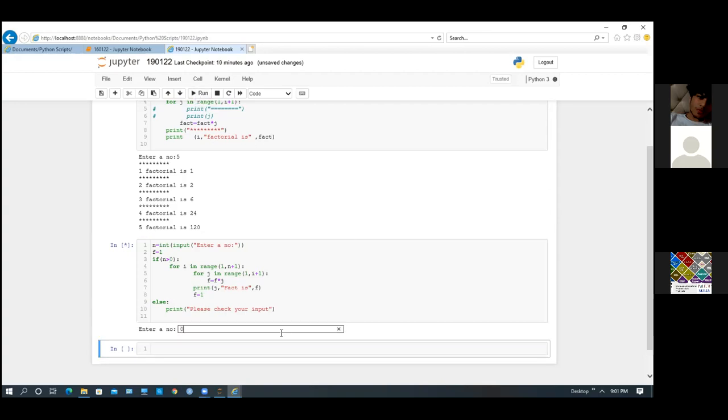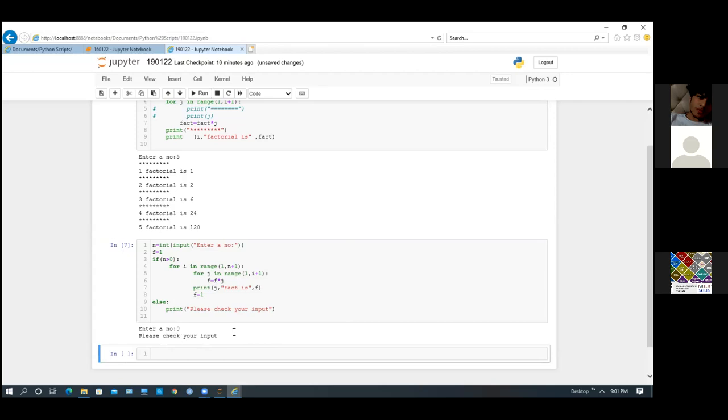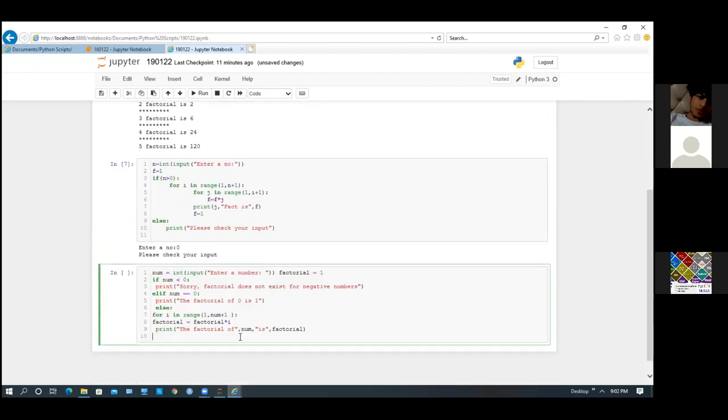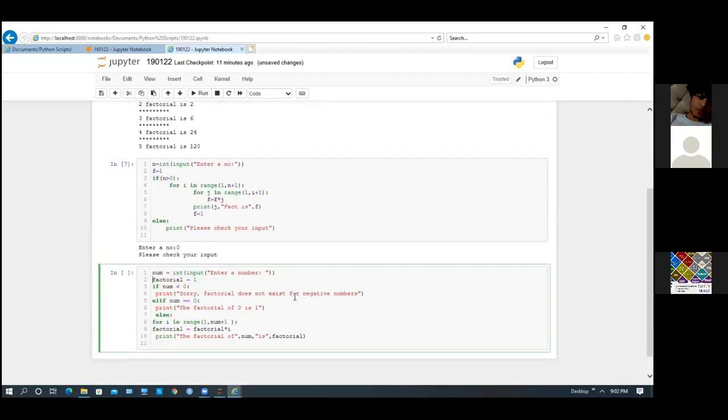If I put 0, let's check your input. So this will be more perfect, right? You always give an else condition when it is required. Let me check what Somdatta did: input a number, factorial equal to 1. If number less than 0, number does not exist.